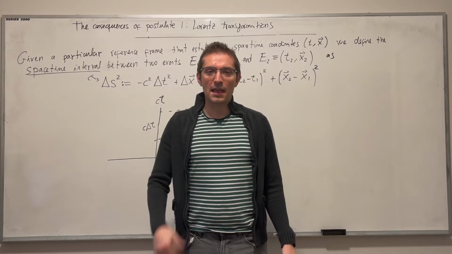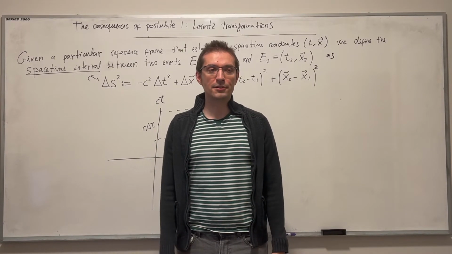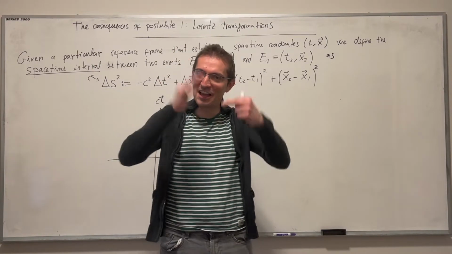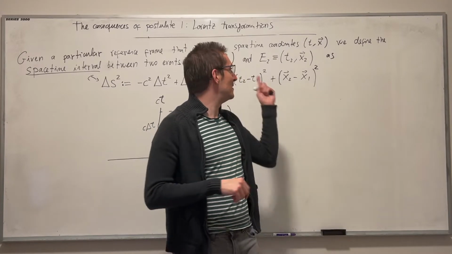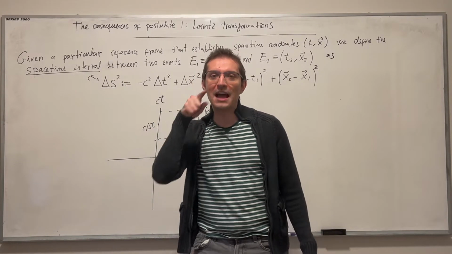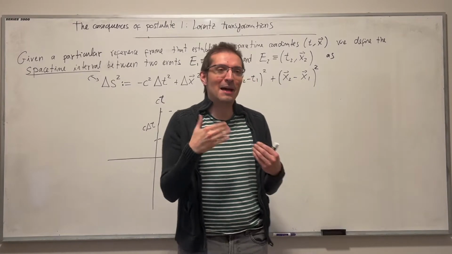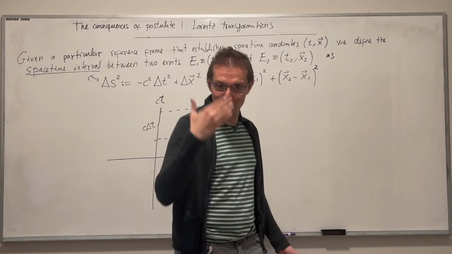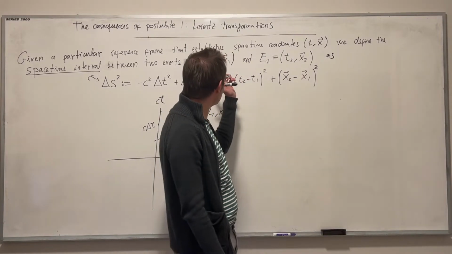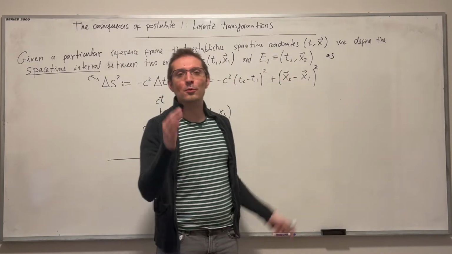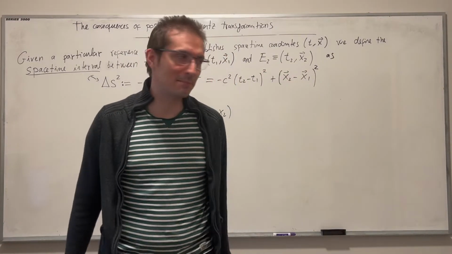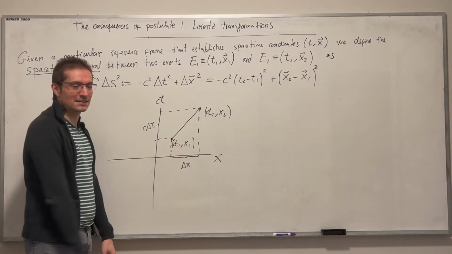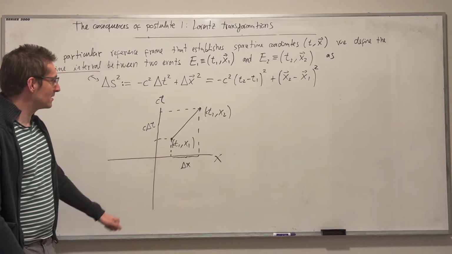Imagine E1 could be me jumping. That happened at a given time, at a given position where I am. And E2 could be, for example, the camera registering my jump. Of course, it happens at a different time in a different position in that frame, because light takes a while to propagate from me jumping to the camera to be registered. So t1, x1 when I jump, t2, x2 when the jump is registered by the camera. We can represent it in a space-time diagram. In a space-time diagram, I put t on the y-axis, x on the x-axis, in 1 plus 1 dimensions just to simplify.